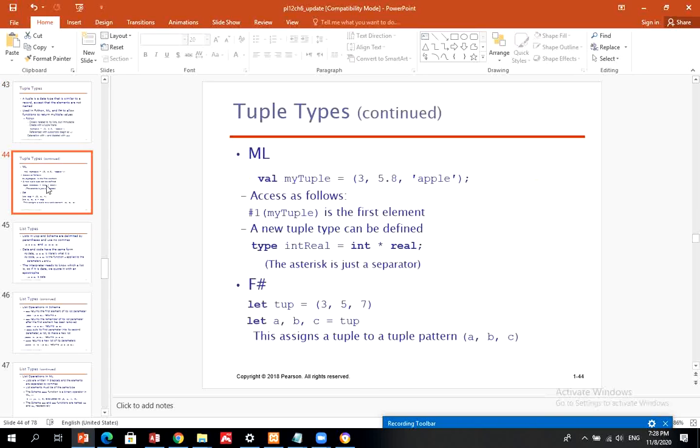And in the modeling language, for example, you can declare this. This is very similar to Python, except that in Python we don't have a data type. Here we have this val as a type value. My tuple equals these three values: 3, 5.8, and apple. So how do you access them? Number one is the first element, and